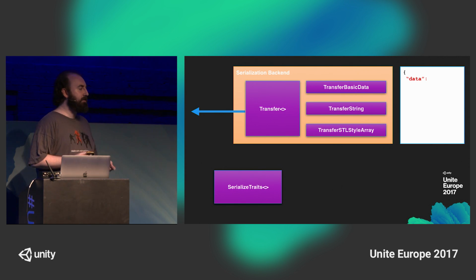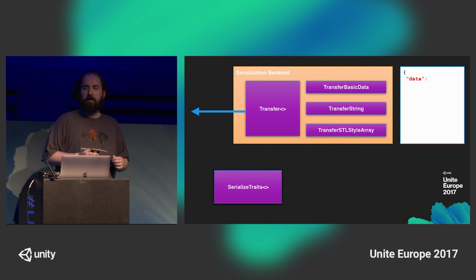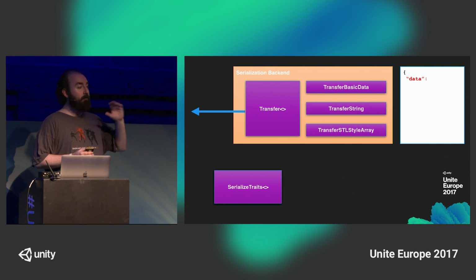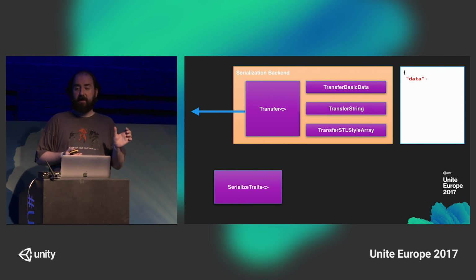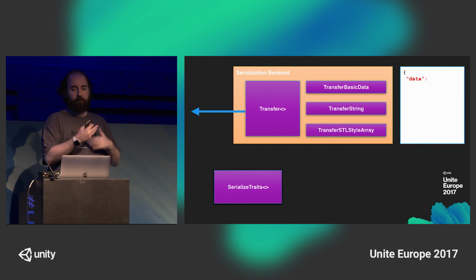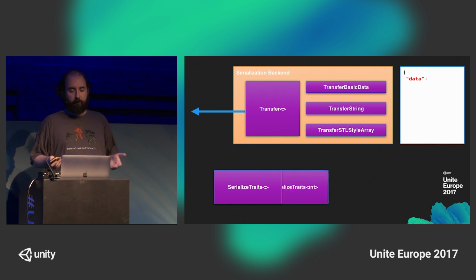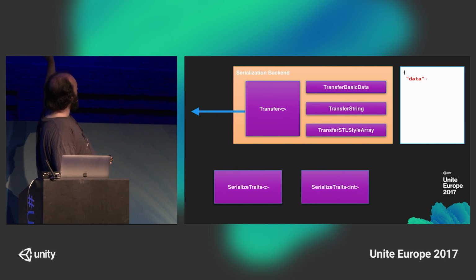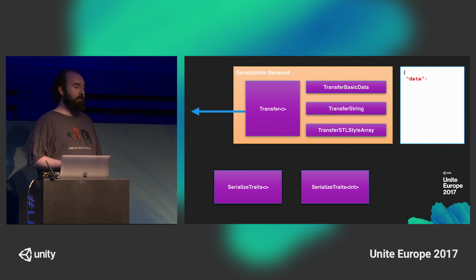And one of the crucial things you can do with templates that you can't do with generics, as far as I know, is you can actually override what the template is for a particular type. And this is a technique called template specialization. So we have this serialized traits template that is then specialized for individual types, saying for an int, this is what it should do. So we pull out one particular instantiation for int,